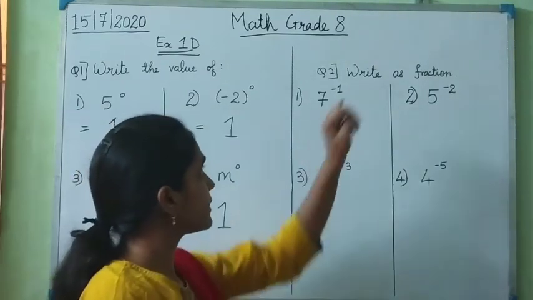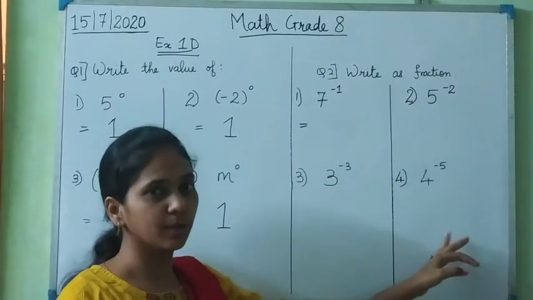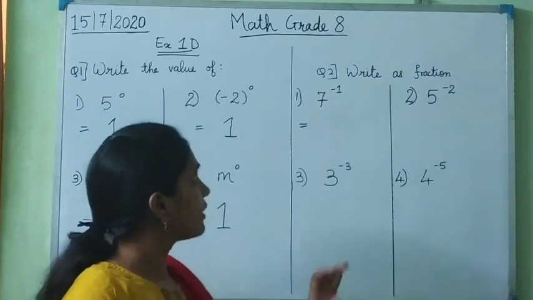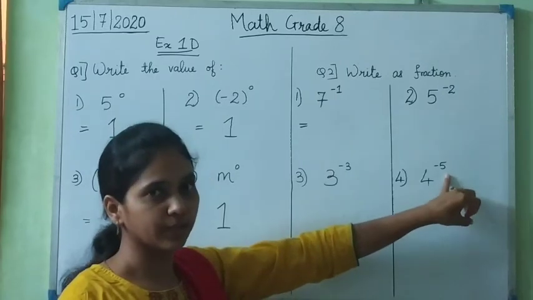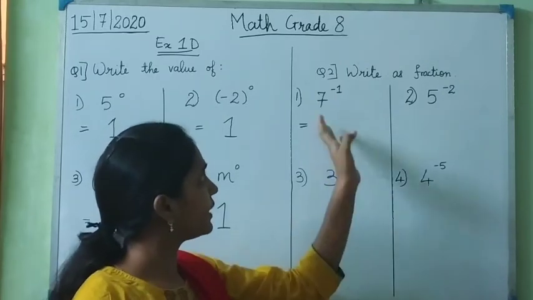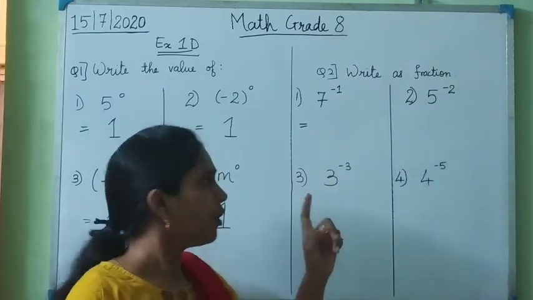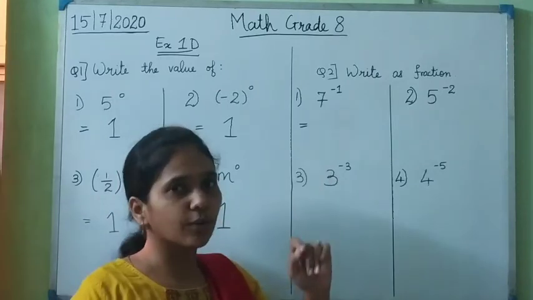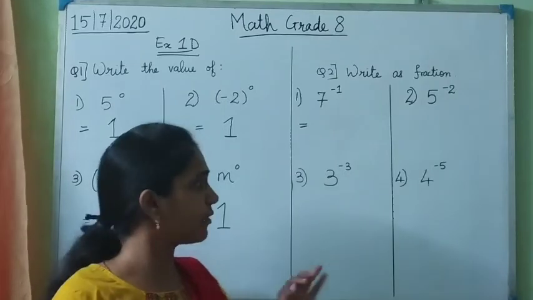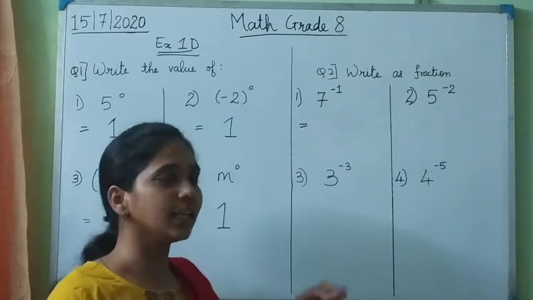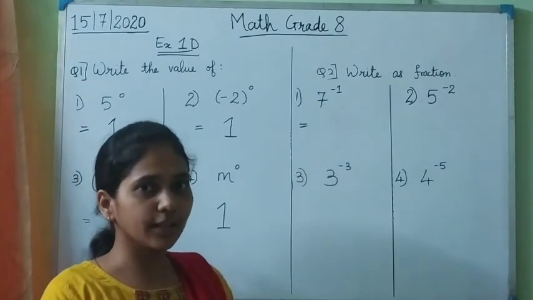Now according to the fourth law of indices, the second question is write as fraction. Okay, fraction. So we have to write all these given numbers in the form of fractions. Here we can see that every number has a negative power. The power of every number is negative. Here it is -1, here it is -2, -5, -3. So how do we write a number which has a negative power? With the fourth law of indices, we have seen that if a number has a negative power, we write it as 1 upon the given number, right?